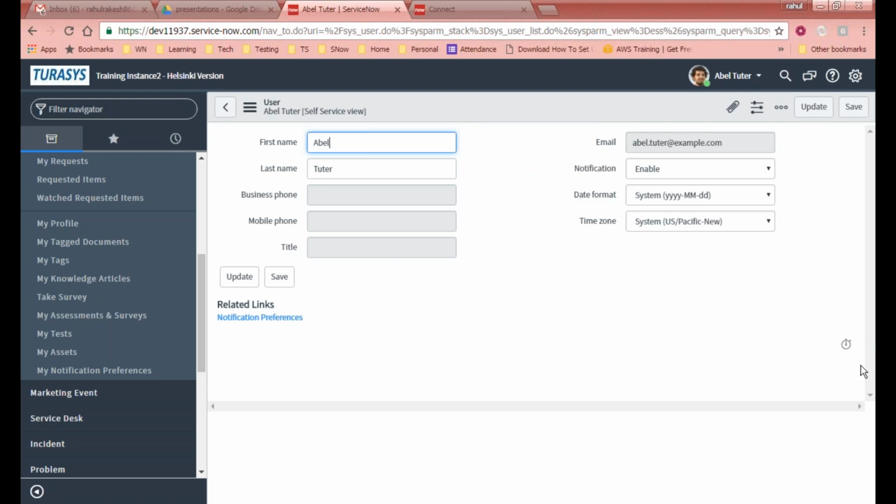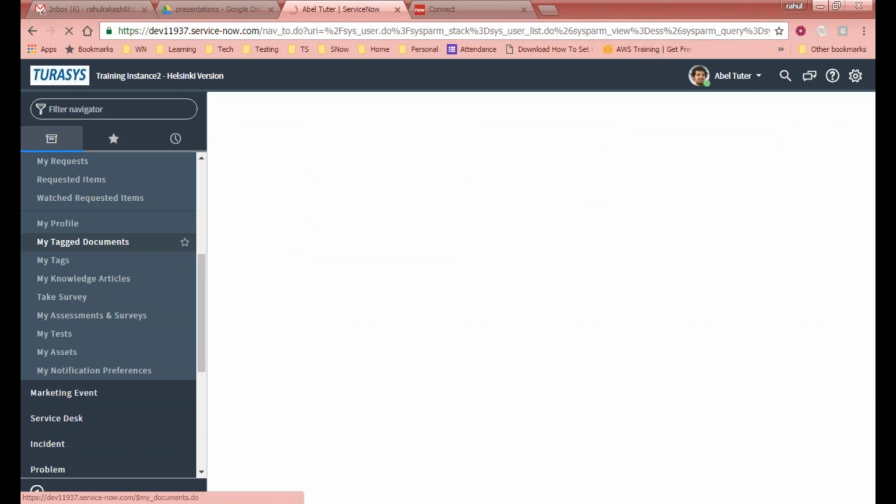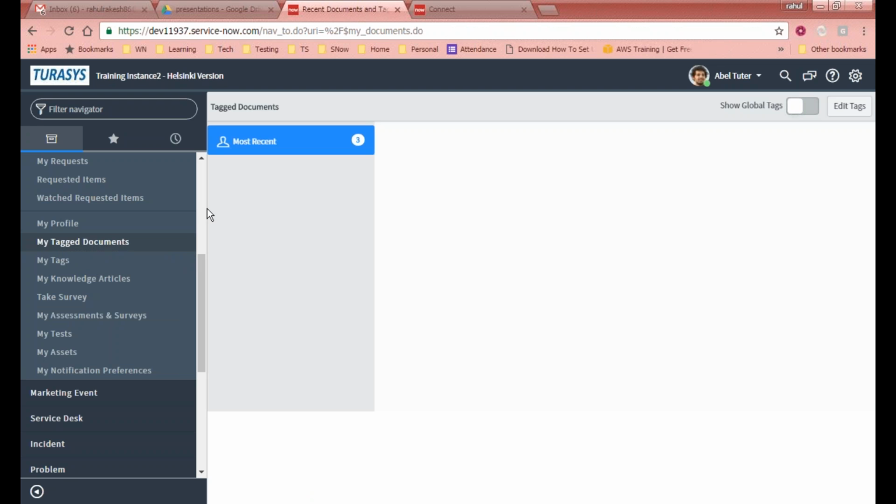So this is a profile. Again, to update it, use this update button or this update button. Save it, save it. So update and save are buttons available here. My tag documents. So my tag documents will give you all the documents within ServiceNow that you had tagged for